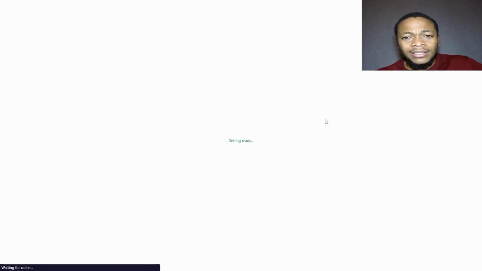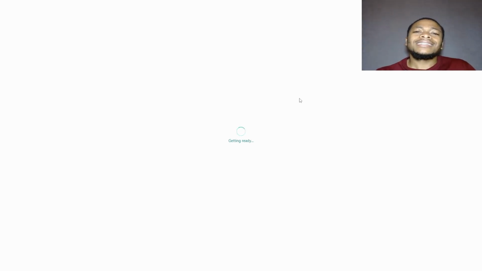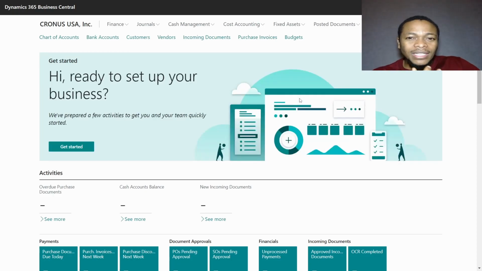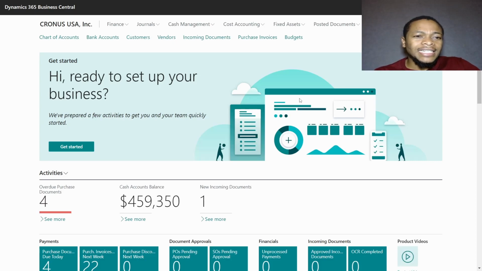When I click on accountant and the page reloads, it will show me a different role or different pages, because tailoring a role is specific to a certain user. It makes work easier for the user. Every user has different tasks in the organization, and we use the role center to give the users the feeling of what they need to be working on. Okay, I can leave it as accountant, since it gives me whatever I wanted, especially this part, this